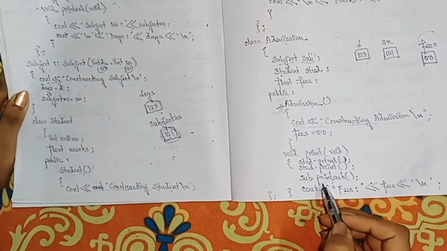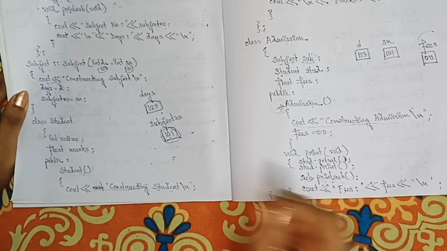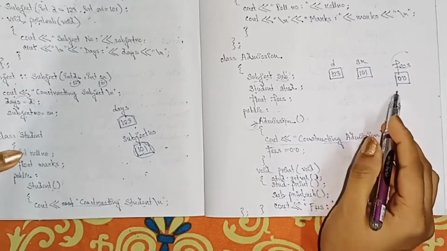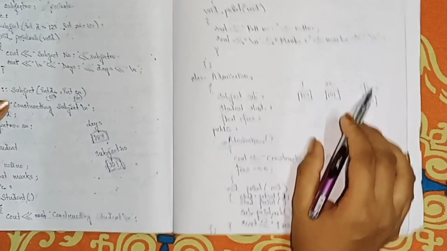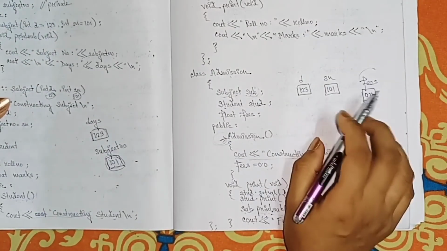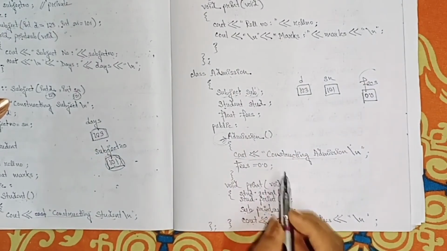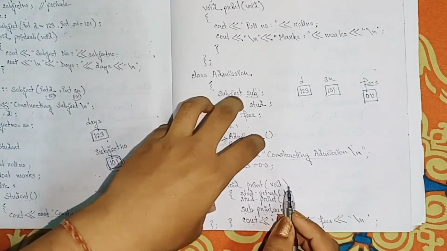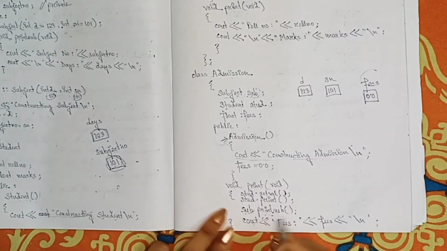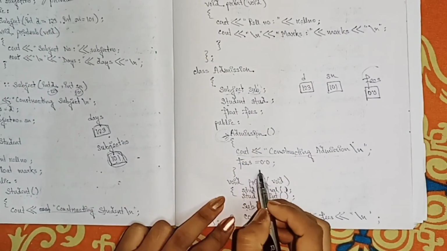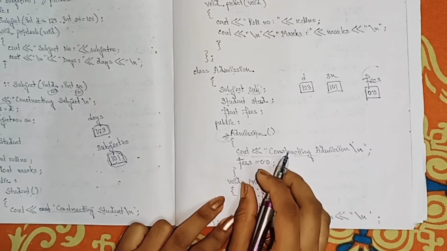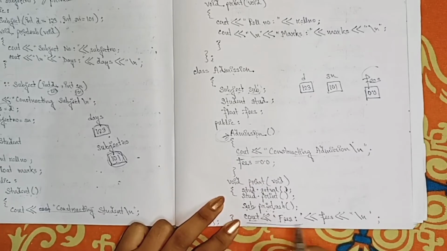Now, after this particular thing is over, it is finding the cout of fees. Now, fees we have not given any value. If you want to give any value, then you can give it here like this. First you can give the get value of fees. We have not defined any get value here. So first you can define get value of fees, enter fees. So the user will give some fees value, and then you can print the value of fees.